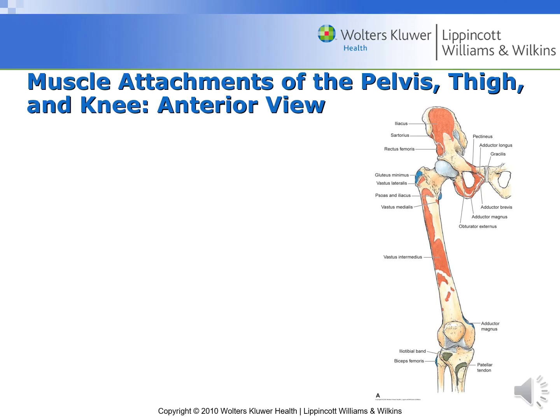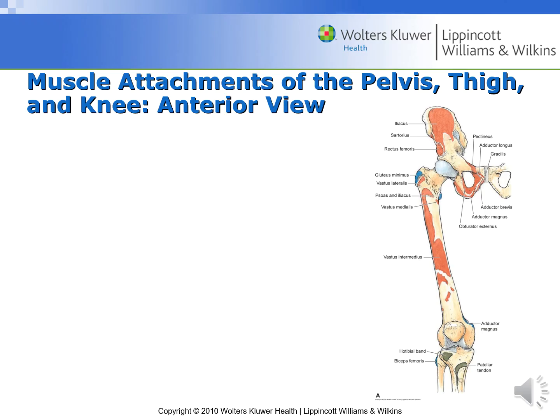Let's talk about how the muscles attach to the pelvis, thigh, and knee. This, of course, is the anterior view, and we're going to begin most superiorly from the left-hand side. We see the iliacus, the sartorius, the rectus femoris, the gluteus minimus, the vastus lateralis, the psoas and the iliacus, the vastus medialis, the vastus intermedius, the iliotibial band, the biceps femoris, and then of course on the right, beginning